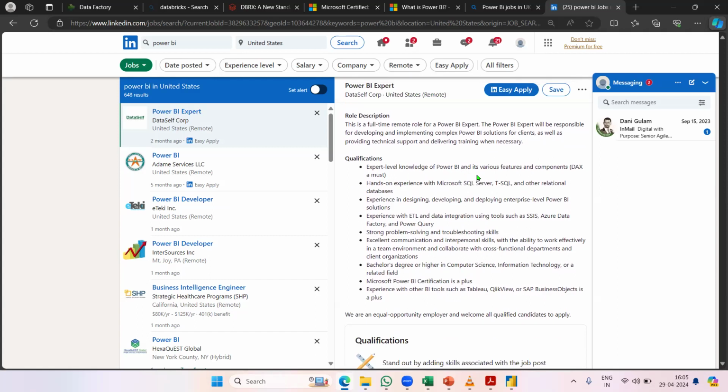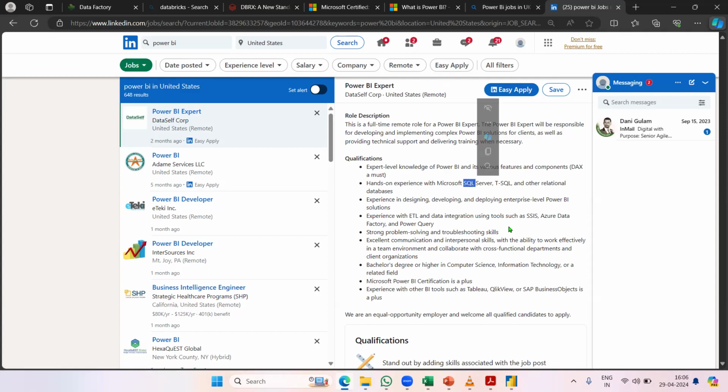Expert level of Power BI and its various feature components, DAX, hands-on experience on Microsoft SQL or TSQL, right? So as we said, having SQL knowledge will become an added advantage for Power BI developers, right? So that is the reason we have included two foundation courses, data warehousing and PostgreSQL, as a foundation